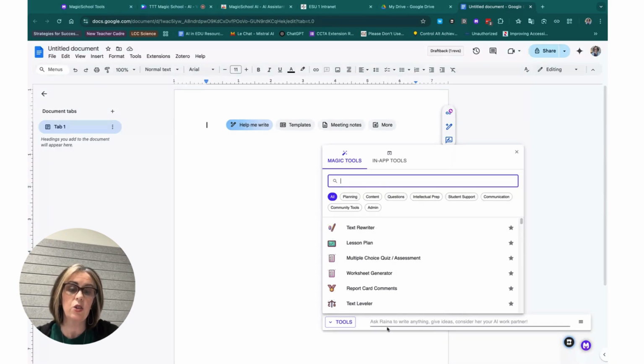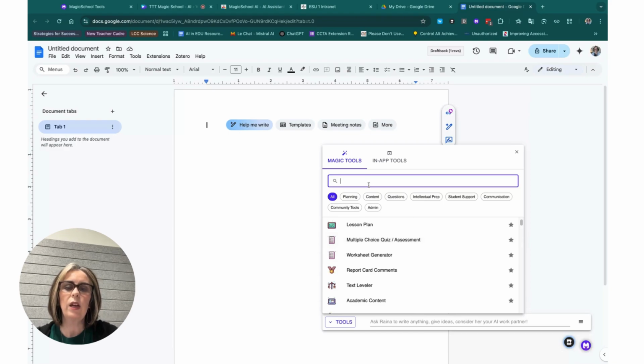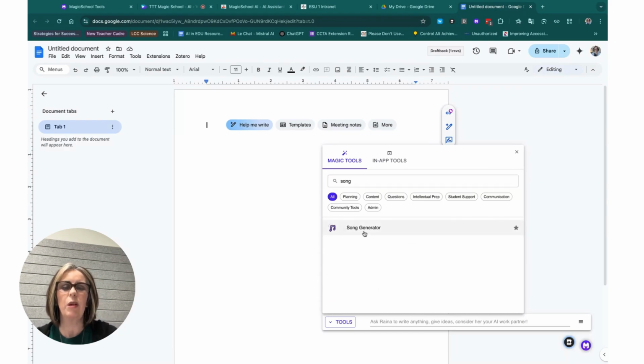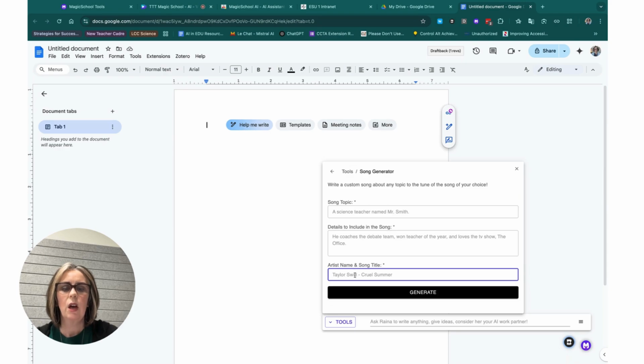Or you can just ask Raina, because Raina is like the ChatGPT of Magic School. You can just ask it whatever, right? So in here, I'm going to look for the song generator. Maybe it kept no, it didn't. But we're going to do a water cycle song